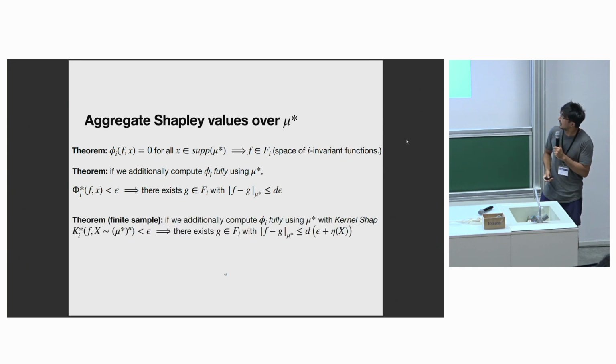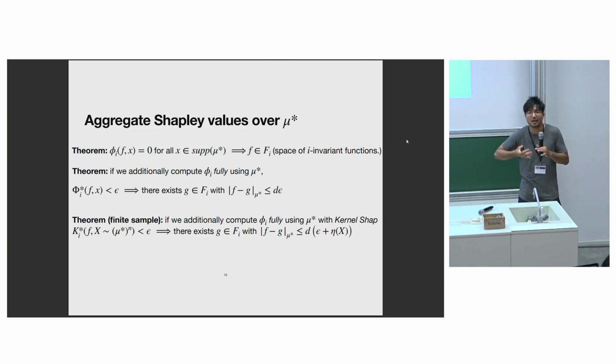And finally, and this is a theorem that I liked a lot because it's about a practical implementation of SHAP. If you recall at the very first slide when I showed SHAP, people use these 2 to the d possible subsets to compute it, and that's obviously intractable. So there's this method called kernel SHAP, which essentially tries to approximate how SHAP would behave across all those situations by learning a linear function. And this is what people actually use in practice.